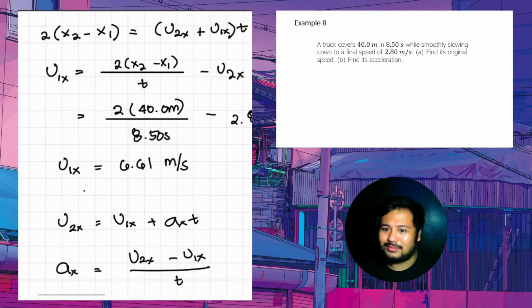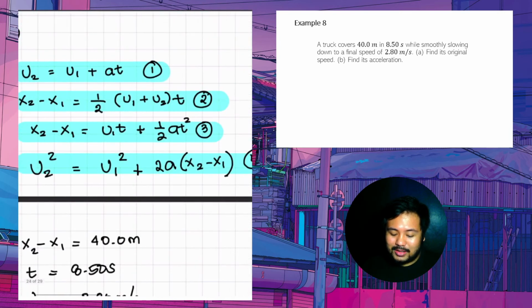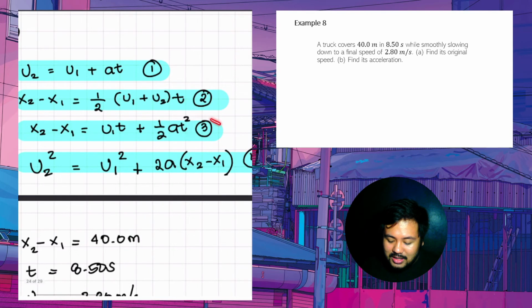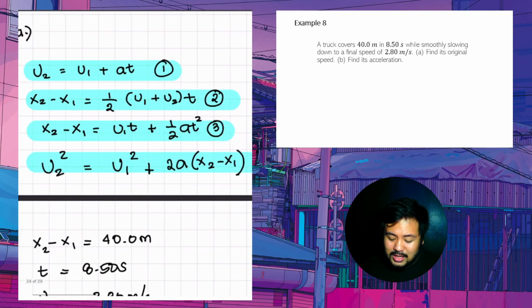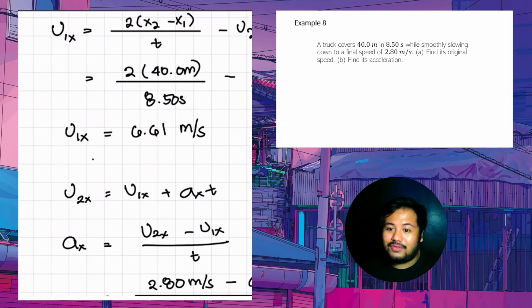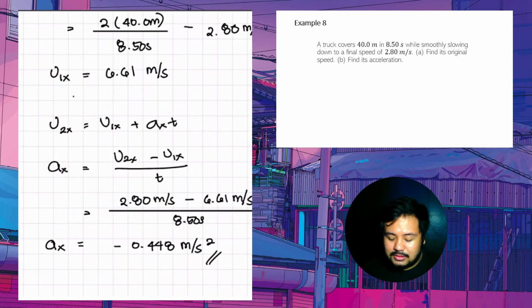Let's not go far. We have already equation number 1. That's very easy. We know the initial, we know the final, and equations number 3 and number 4 also make use of the initial velocity, which is what we solved in letter A. So there's no other option. Let's make use of the simplest one, equation number 1. We have v2x equal to v1x plus ax times t. So we now have ax equal to negative